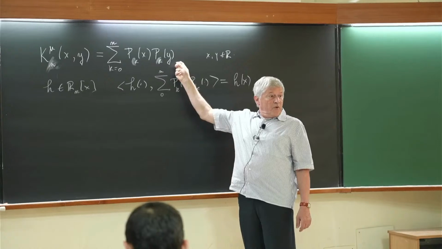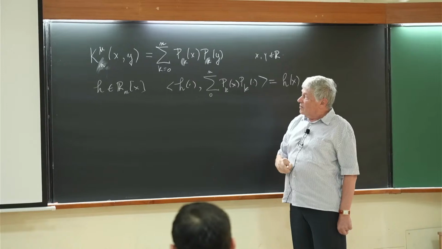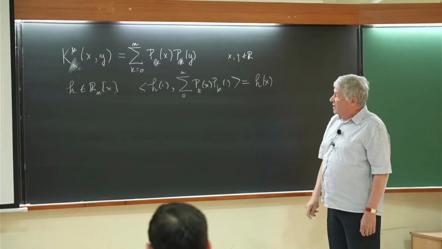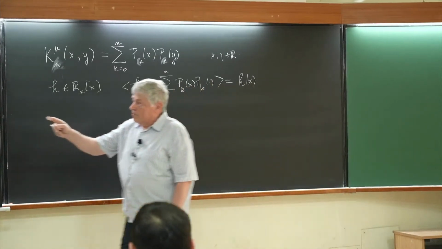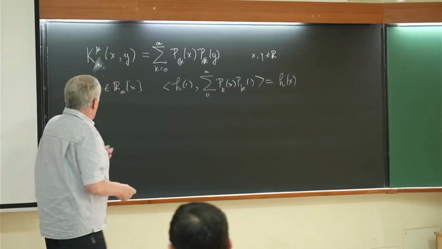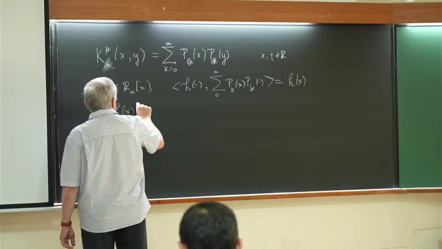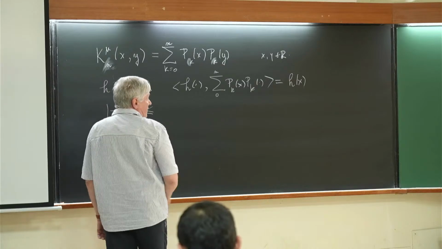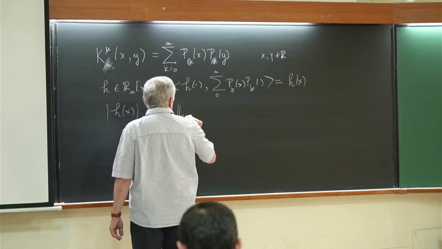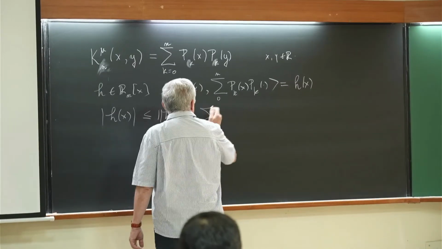Originally, it was Darboux who first thought about this function of two variables. And this gives us immediately the relation to our minimization problem, to our variational problem. Why? Because I'm looking at h of x, which by the Cauchy-Schwarz inequality is less than the 2 norm times the 2 norm of this sum. I'll write it in short.